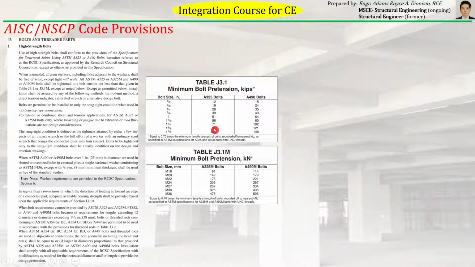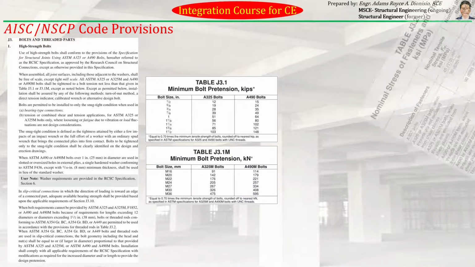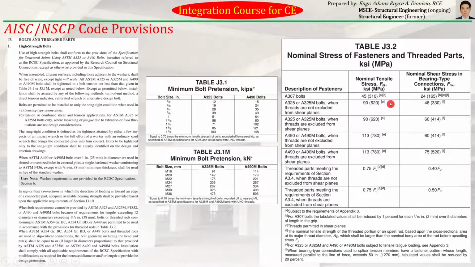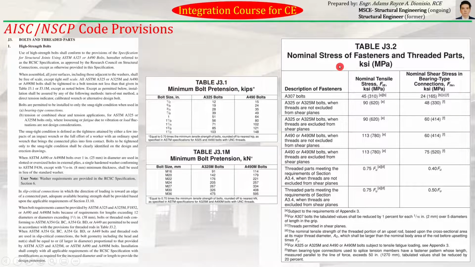So pareho lang yan halos, yung isa naka-kips lang, yung isa naka-kilonewton lang. That's why makikita niyo yung table niya, nakalagay Table J3.1M. Ibig sabihin ng M, metric or SI units siya, naka-SI units siya. Okay. Then you can also see yung Table J3.2 kung saan natin makikita yung mga nominal stress of fasteners and